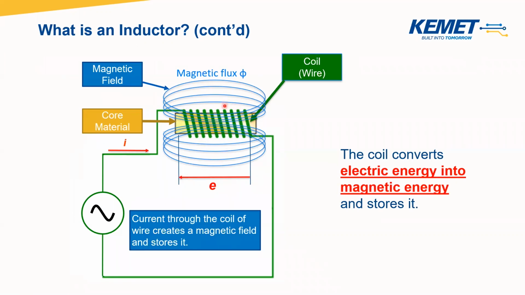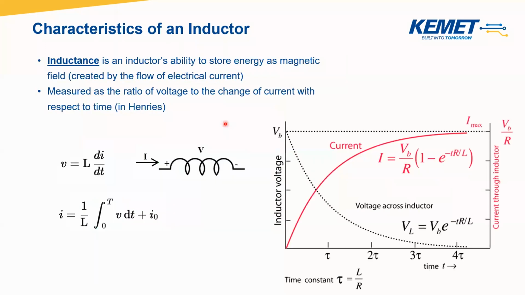By this explanation, we can basically say that the coil converts electric energy into magnetic energy and stores it. Here's the current, that's electric energy, it goes through the coil, and it is converted to a magnetic flux that is stored within the core for later recovery, and we'll explain what that means further down the road. But before we move on,